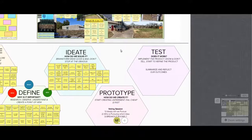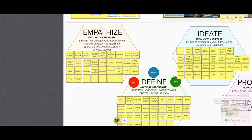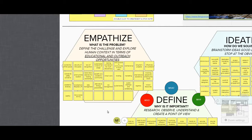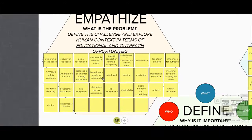Taking a look at the design thinking methodology, we look at empathize. What is the problem, and defining the challenge and explore human context in terms of educational and outreach opportunities. Our workshop is focused on finding educational and outreach opportunities. A few of the problems identified in past workshops are ownership of the space, lack of recognition, making connections to